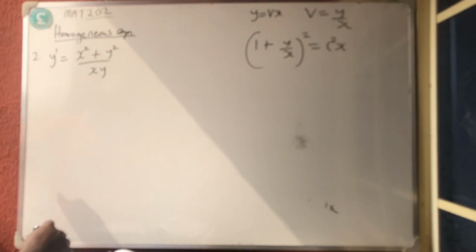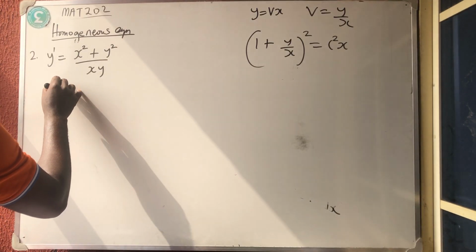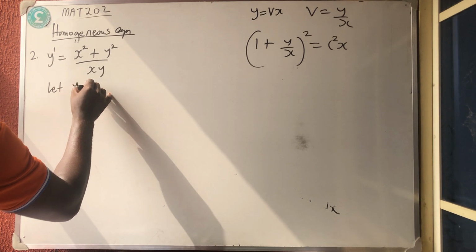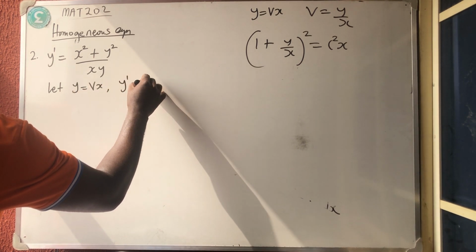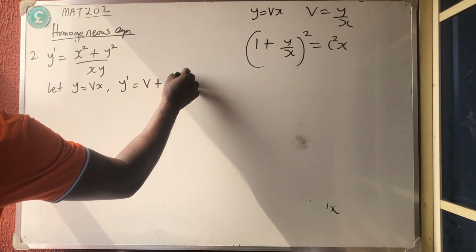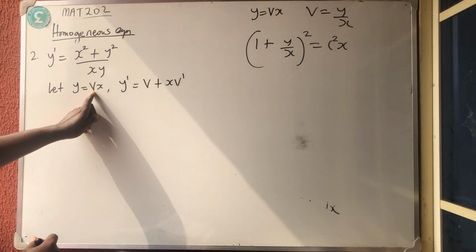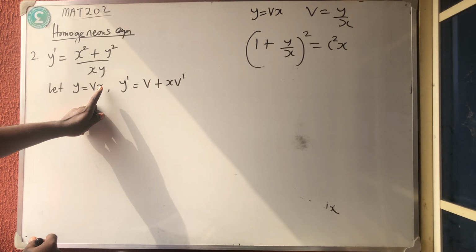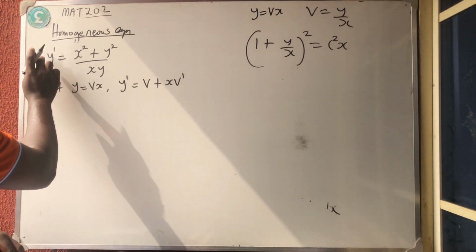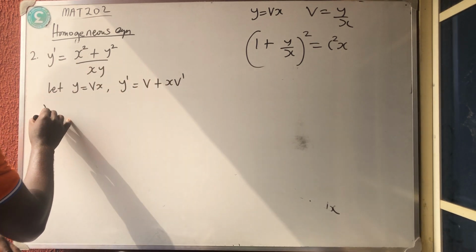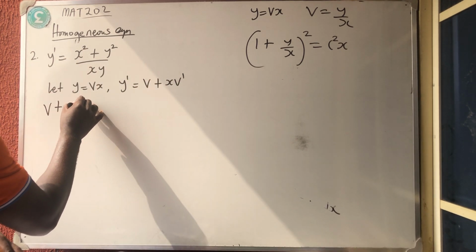So it is homogeneous. So the first thing I will say is, let y be equal to vx. We say that y prime is equal to v plus x v prime. I hope you know: leave this one, differentiate this one is 1, plus leave this one, differentiate this one is v prime. So let us substitute. Instead of writing y prime, I will now write v plus x v prime is equal